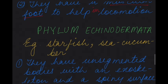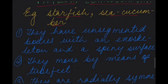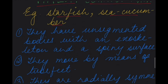Now next, moving on to phylum Echinodermata. Okay, I have taken examples starfish and sea cucumber. Again, remember, you have the liberty to choose any two that will be easier for you to learn and keep in mind. Now, when we are talking about the characteristics of phylum Echinodermata, the first characteristic is